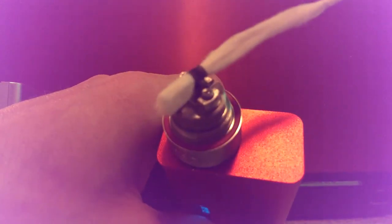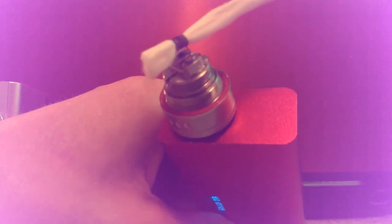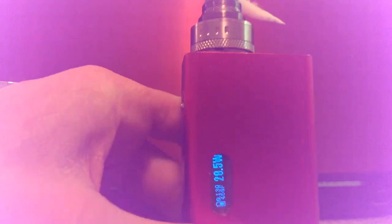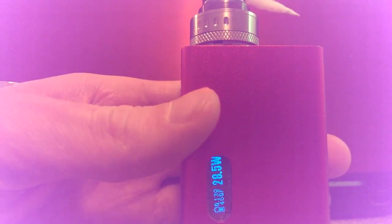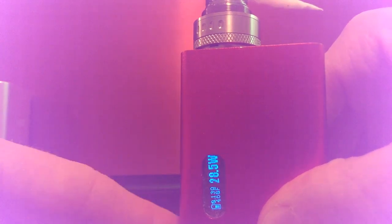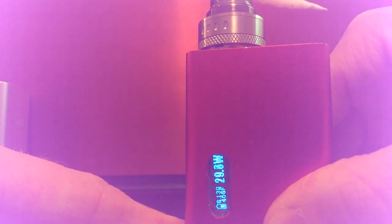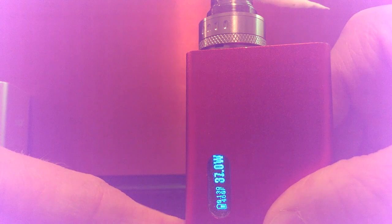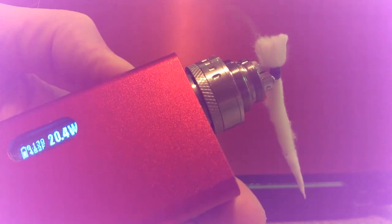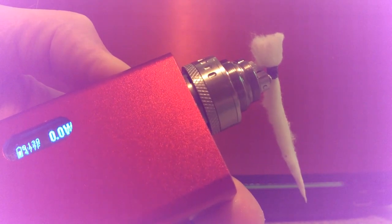Just to show you guys what's supposed to happen with cotton, I got my authentic DNA 40 right here. We got a nickel build on top. This is just some twisted nickel. Nothing too fancy. Alright, we got her set for 460 degrees, and I'll just turn it all the way up to 40 watts just to show you guys. Of course it's going to kick in the temperature protection because there's no liquid on this, but alright,